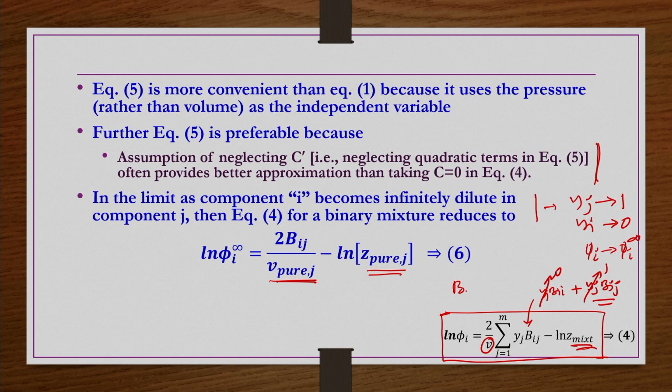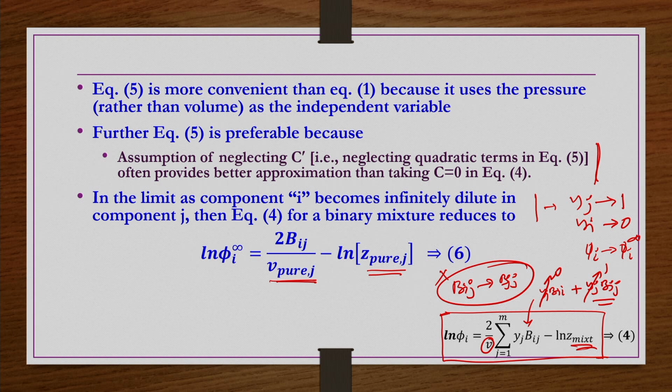Then in general people may think that whatever parameters are associated with pure j are also valid for the mixture, that is, whatever Bij is, it is a cross virial coefficient, right. But when j is large, almost pure j, though it is a mixture of i and j with i very small and j very large, you may think that Bij may be close to Bjj, but that is not so in general, right.